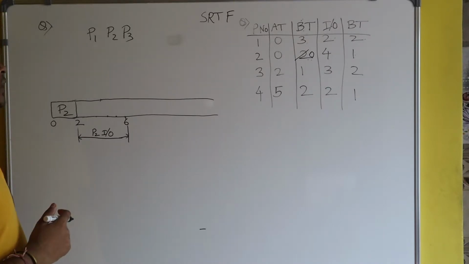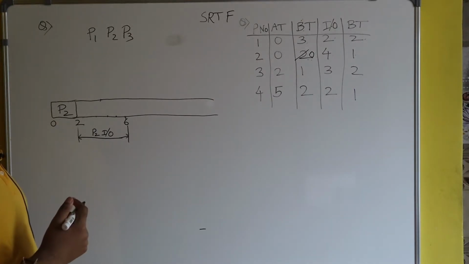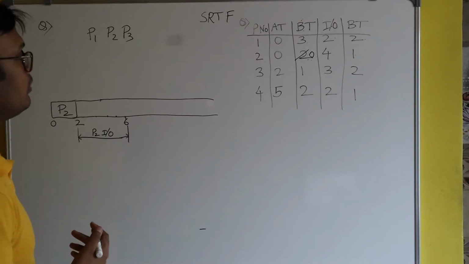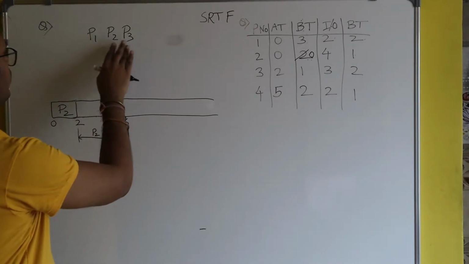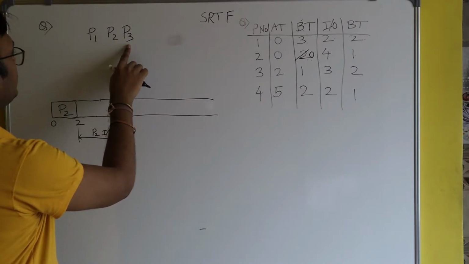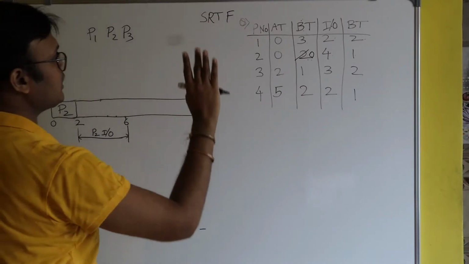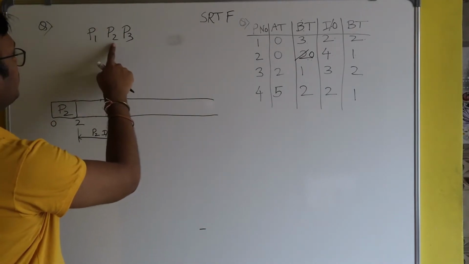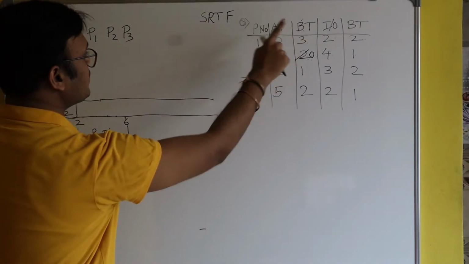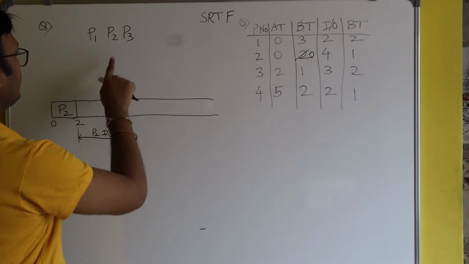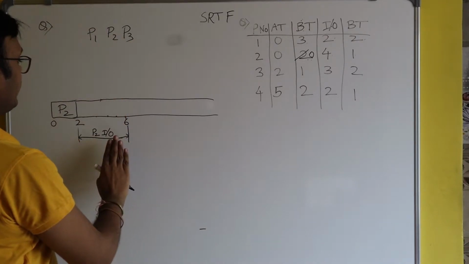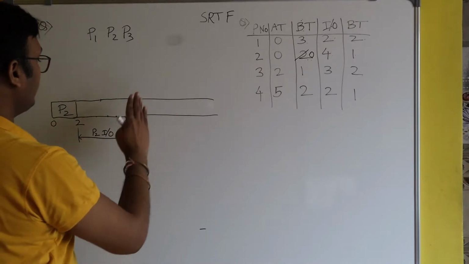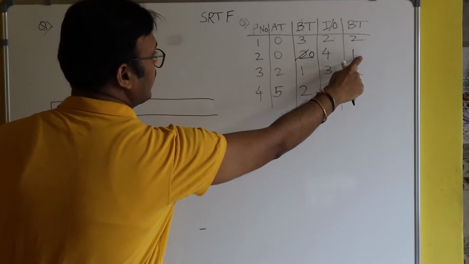Okay. Although process P2 is busy with IO, CPU can be given to another process also. So let's see. We have three processes available: P1, P2, P3. Now P2 has completed its first burst time and is busy with IO. So here CPU can't be given to P2. After the finishing of its IO, CPU will be given to P2 again for its next burst time.